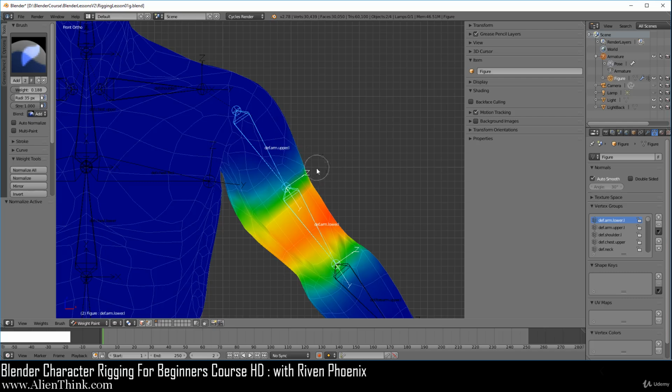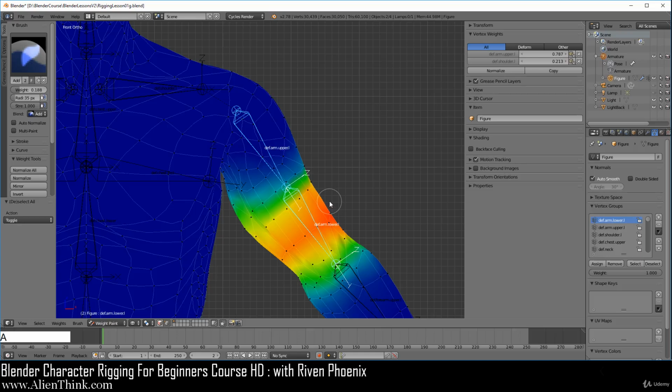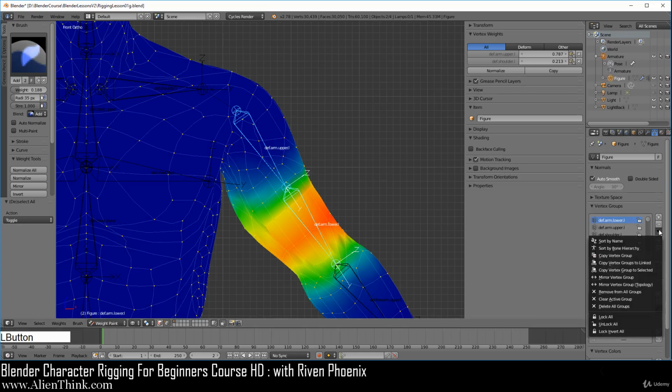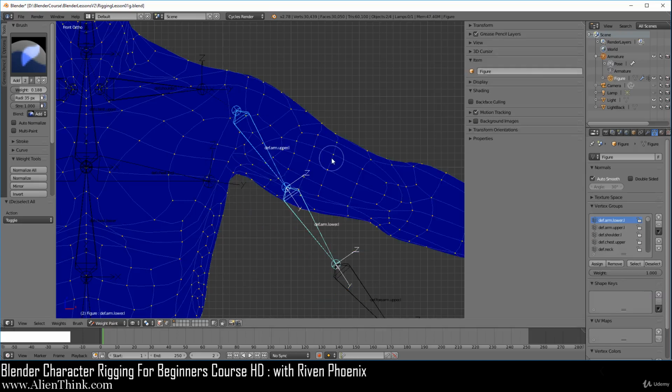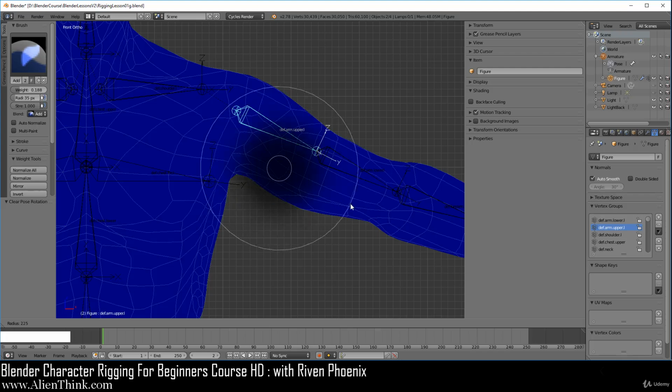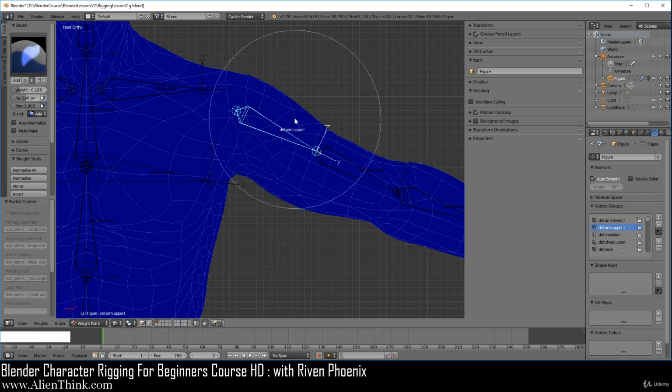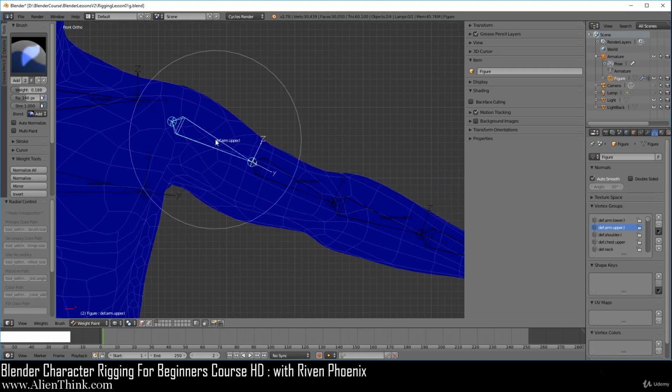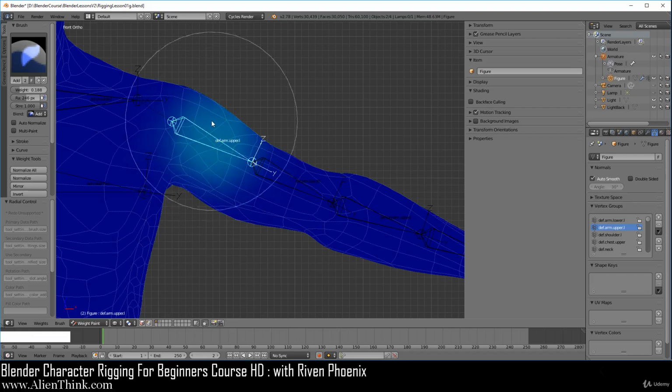Now, to understand how this even works, we're going to actually have to click over here, press the A key to select all the vertices, go over here and do remove, to drop all the vertex groups from all the vertices. Now go ahead and switch this off, click on this bone, do Alt-R, okay, and press the F key to put the radius up over here. Now in order for this to work, basically here I'm going to click this to add,